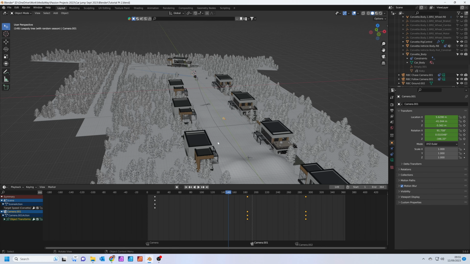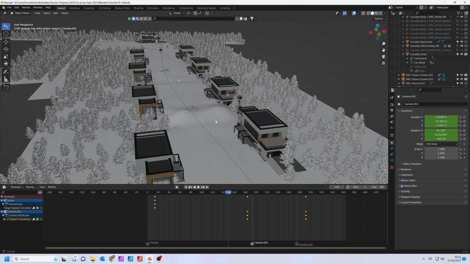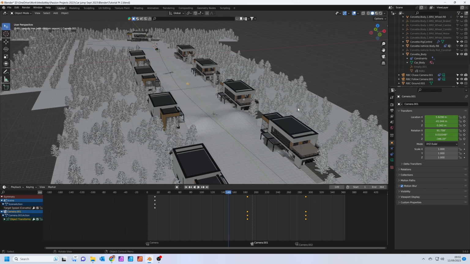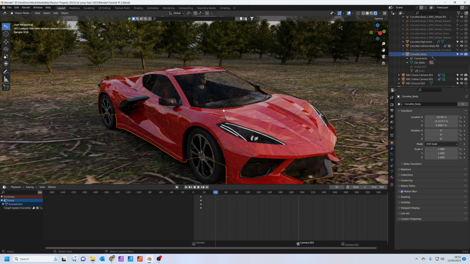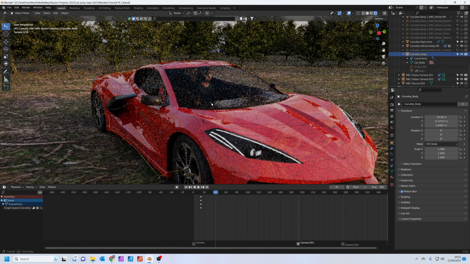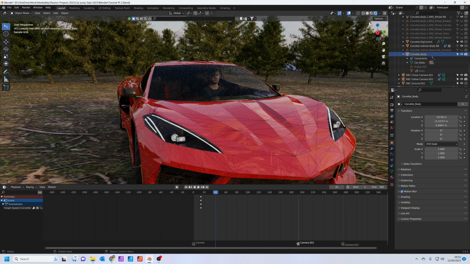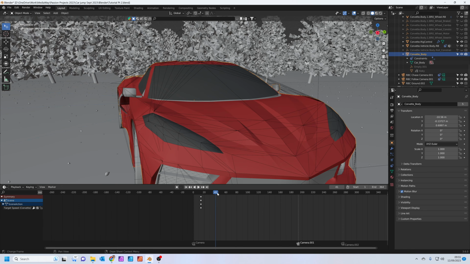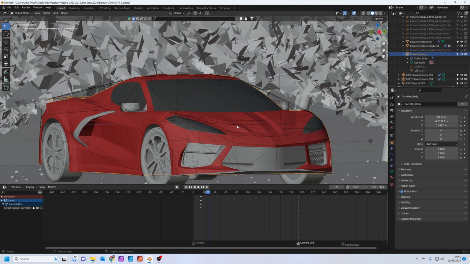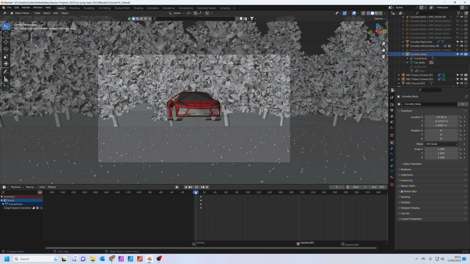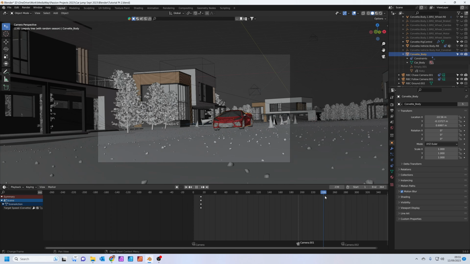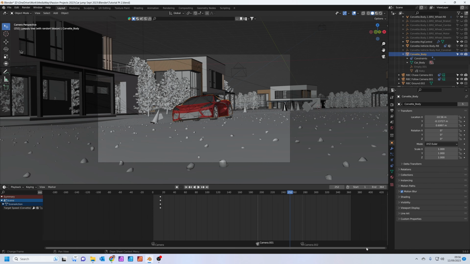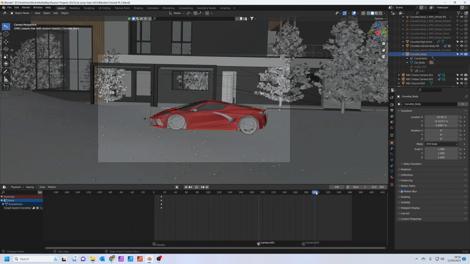Okay, so I spent a few more hours on the scene. As you can see, I've made it just a little bit bigger. I've added some more houses and some trees to the side. If we zoom into the car, you can actually see I've added a little person, a little man to sit inside the car. I've also added some different camera angles. So when we play the animation through now, we go from this first angle, swap to an angle where we see him going through the cones, and then swap to another angle to watch the jump at the end.